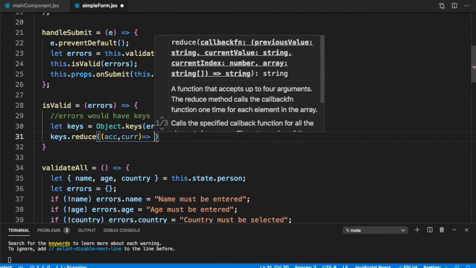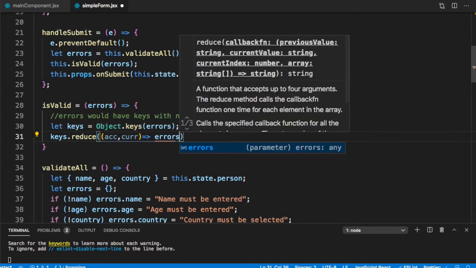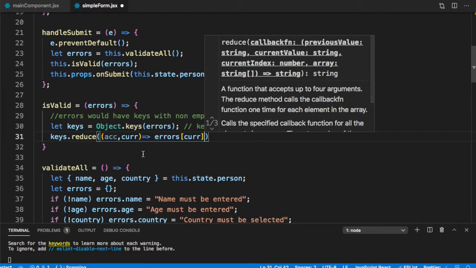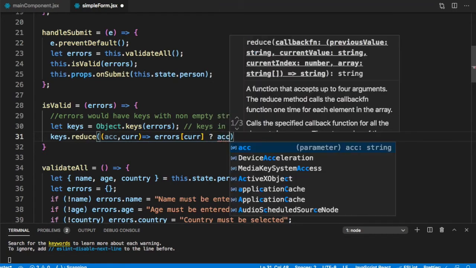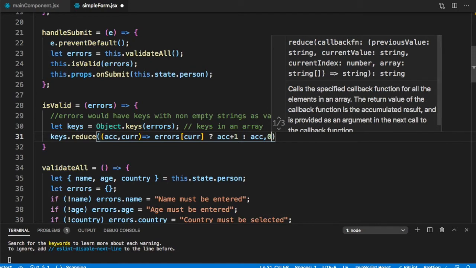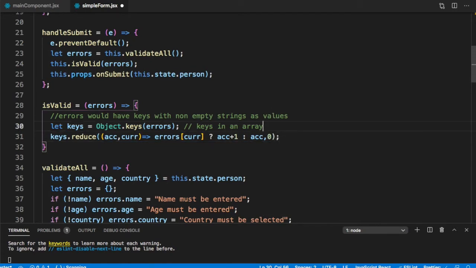Now we can find out errors[current]. Why do we say errors[current]? Because current will be the name of the key. So if errors[current] is truthy, it means it's a non-empty string. We will return accumulated plus 1. Otherwise, we will return accumulated. So we are counting the number of non-empty string values in this JSON, and we will initialize it with 0. So let count is equal to this.